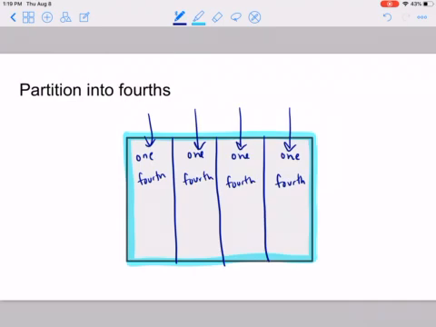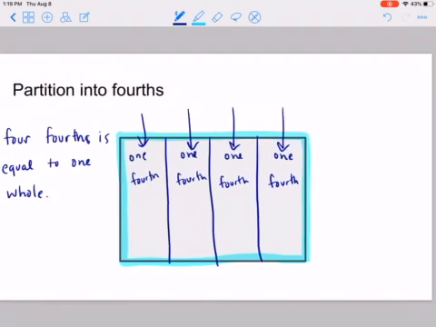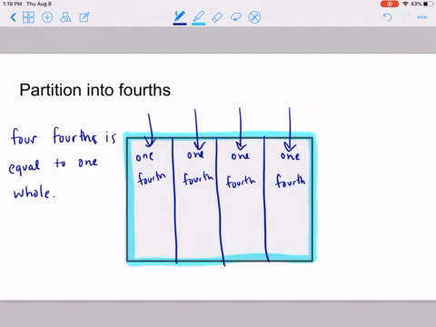So 4/4 is equal to 1 whole here. 4/4 is equal to 1 whole, and that's how we want to say it. And 1/4 is the size of each piece, and that takes 4/4 to make the whole, represent the whole amount, the whole rectangle. So that's just an introduction, or not introduction, it might be a review, a little explanation of